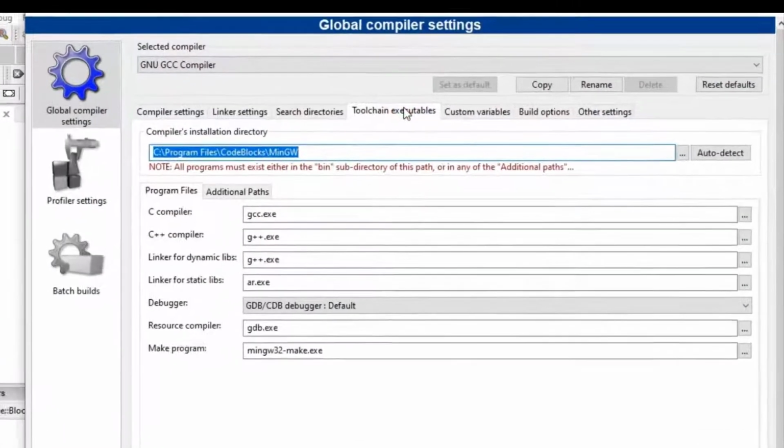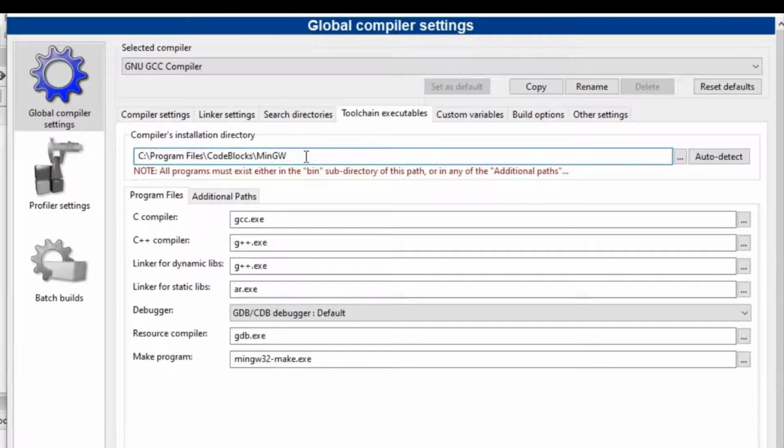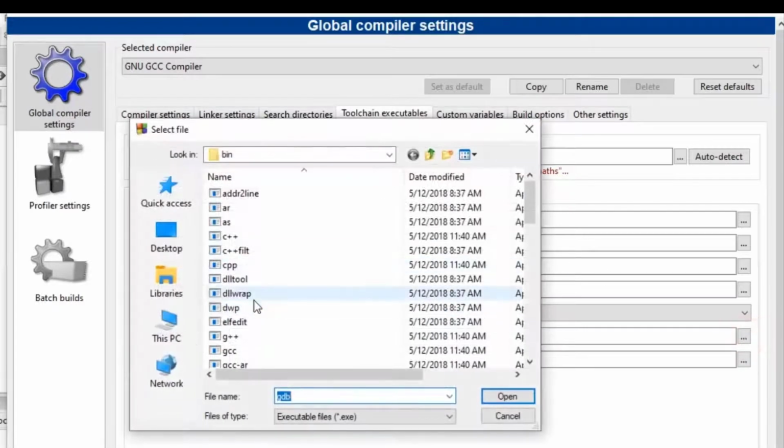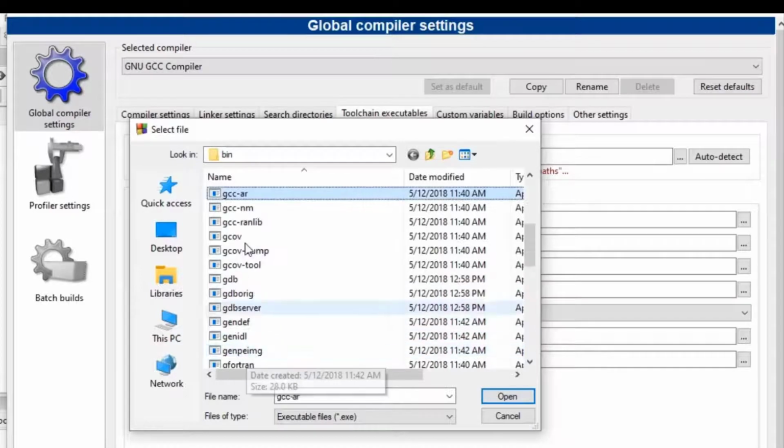Click on toolchain executables. If it is auto detected, there is no problem, or else we have to connect MinGW and Code::Blocks. We have to click on the compiler's installation directory, and for the resource compiler we have to click on this, and in the bin folder click on GDB.